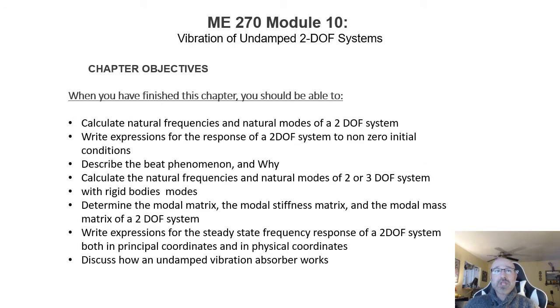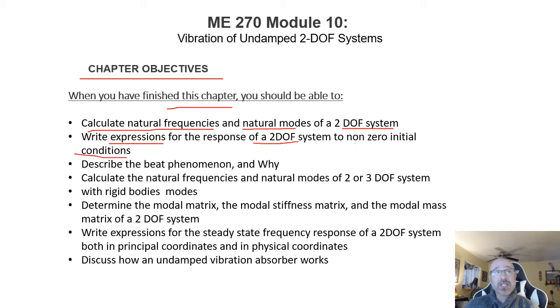So for Module 10, our chapter objectives, we're going to go over these right now. So once you finish this chapter, chapter 9, you should be able to do the following things. One, you want to be able to calculate natural frequencies and natural modes for a 2 degree of freedom system. You should also be able to write expressions for the response of a 2 degree of freedom system to a